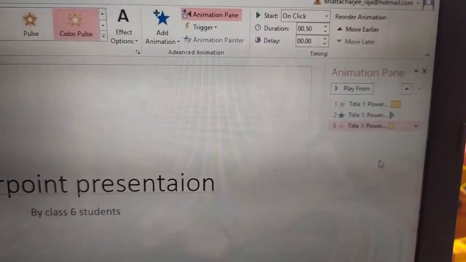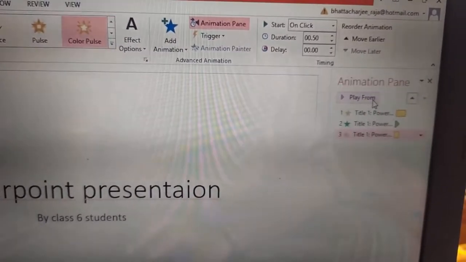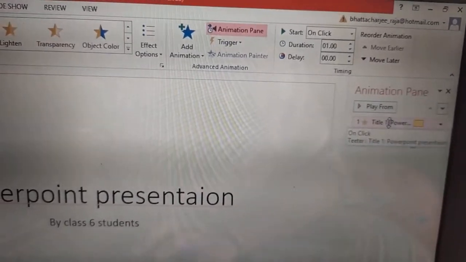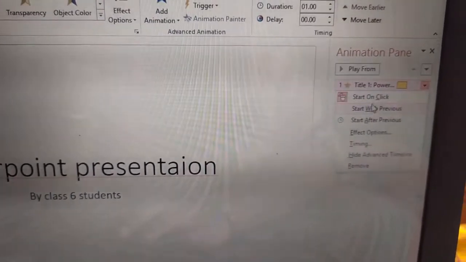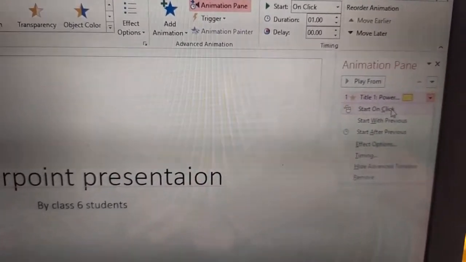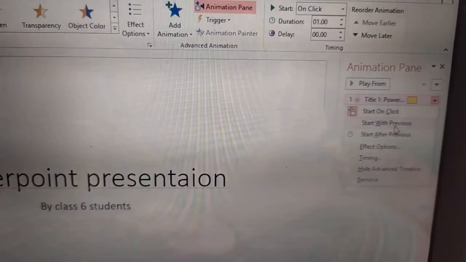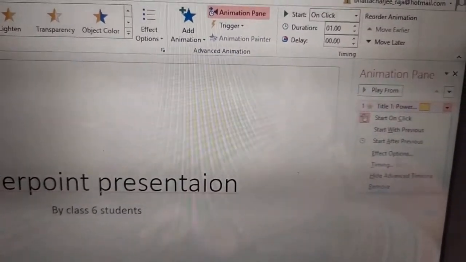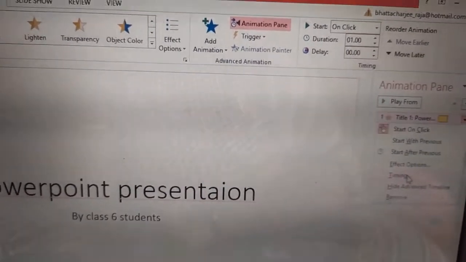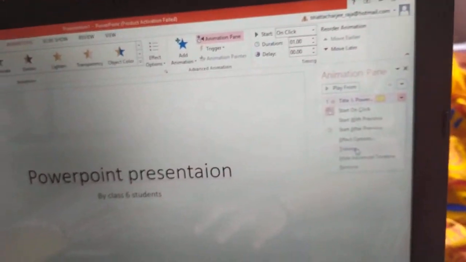From here you can set from where the animation will play, everything. Start on click, whether on click the animation will start or it will start with the previous animation, how much time it will take to stay in the slide, everything we can set using the animation pane.